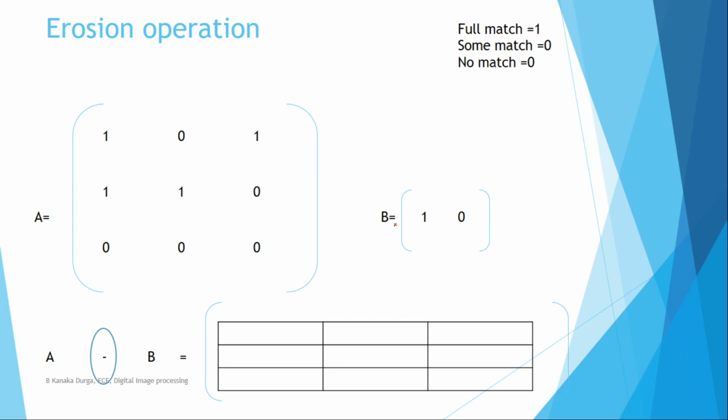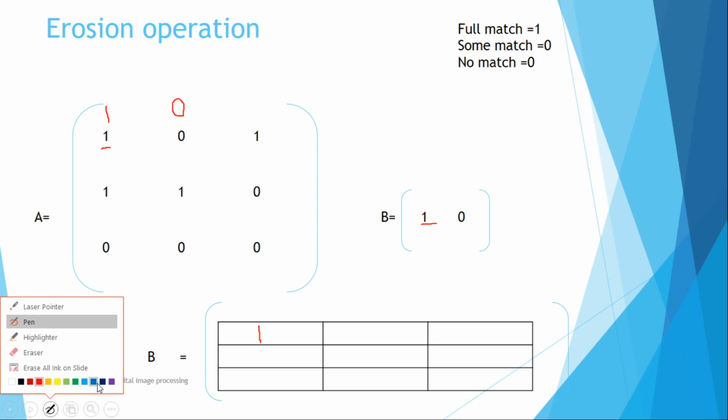So we will see how to do the analysis of the erosion operation with respect to the matrix format. For the first element, I have to do the erosion operation, so the origin of the structuring element should coincide with it. Keep it here: 1 1 is matching, 0 0 is matching, so all the values have been matched. If it fully matches, the value goes to 1, otherwise it goes to 0.